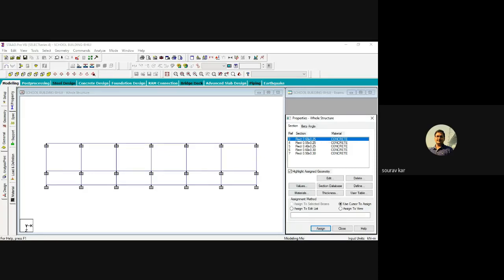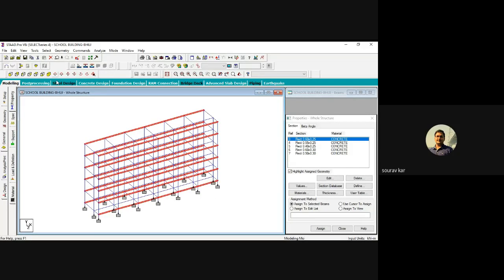So 0.6 into 0.25, that will be along 5 meter span. See here, I am selecting all these. Sorry, I have to select for all the floors. So I will take this way. So along 5 meter span, the beams are all 250 mm by 600 mm.